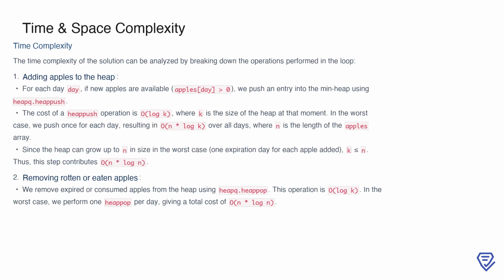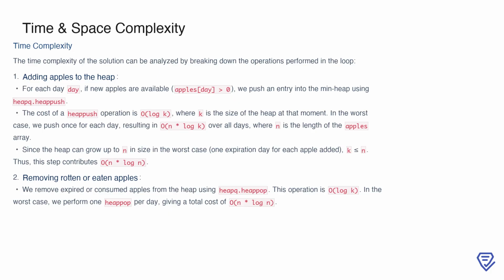In this problem, we analyze the time complexity by focusing on the operations performed during the iteration over days. First, each day we check if new apples are available. If they are, we add them to a min heap using the heap.heapPush operation. This operation ensures the heap remains sorted and is performed in O(log k) time, where k is the current